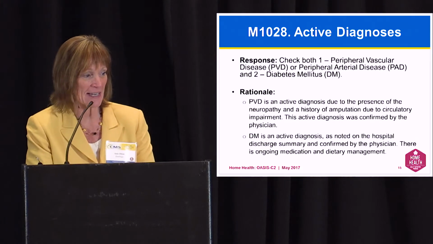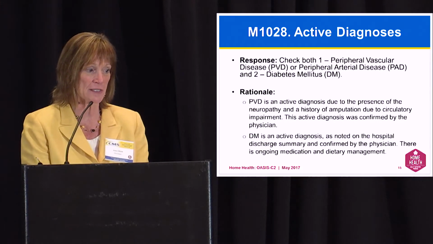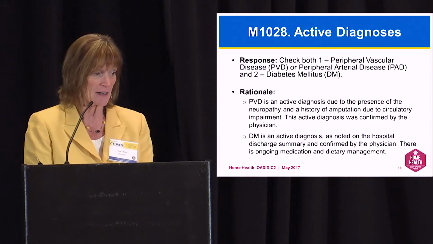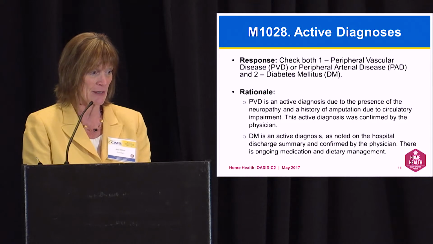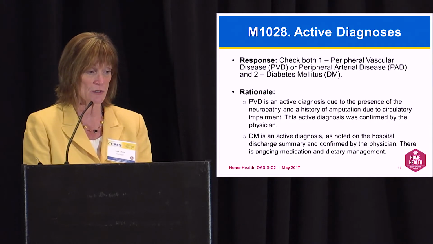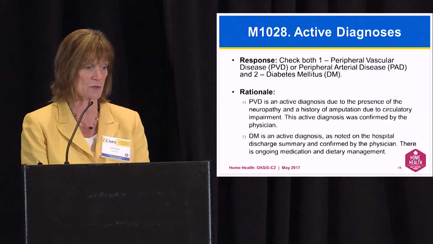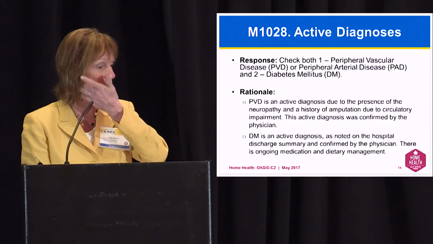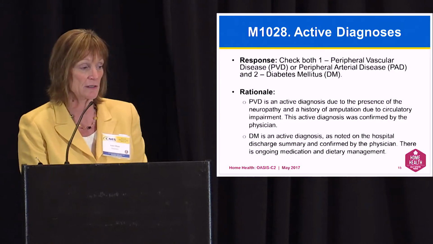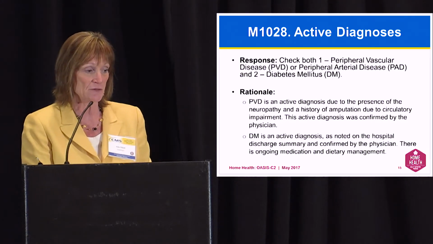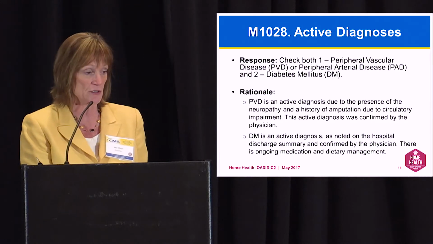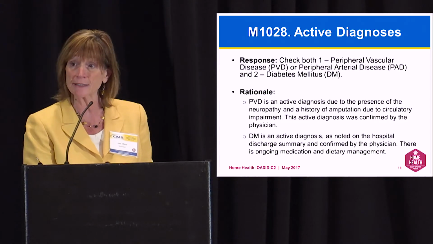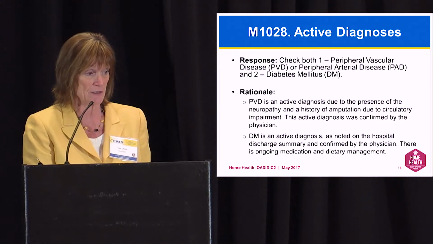Okay. And the active diagnosis, the rationale on that was that poor Mr. B had both peripheral vascular disease and PAD and diabetes. So the PVD was an active diagnosis due to the presence of neuropathy and the history of the amputation due to circulatory issues. And then this active diagnosis was confirmed by the physician. And diabetes is an active diagnosis as noted on the hospital discharge summary and confirmed by the physician. And there's ongoing medication and dietary management for that diagnosis. So